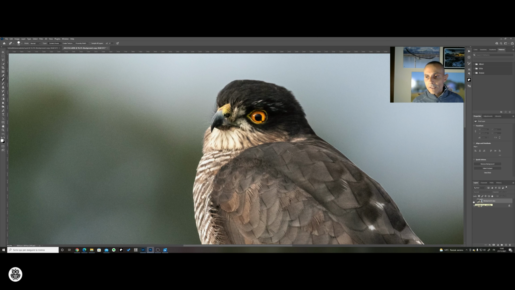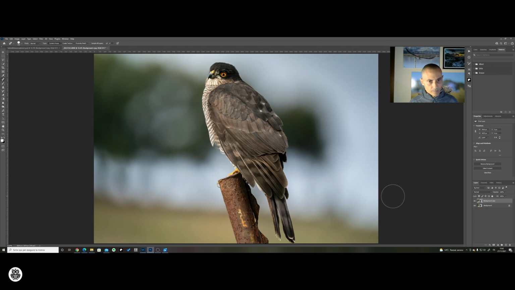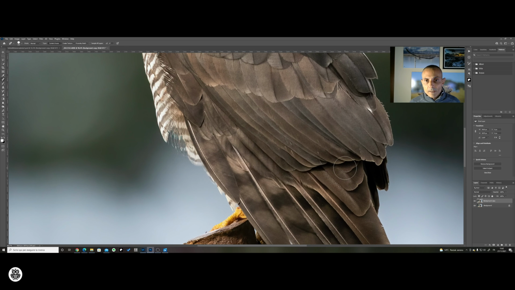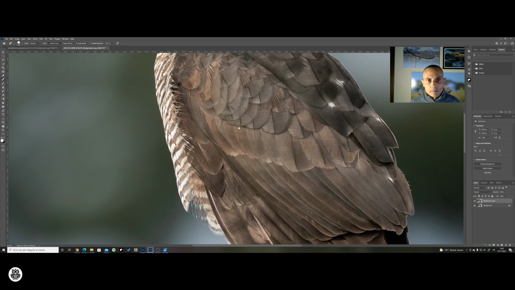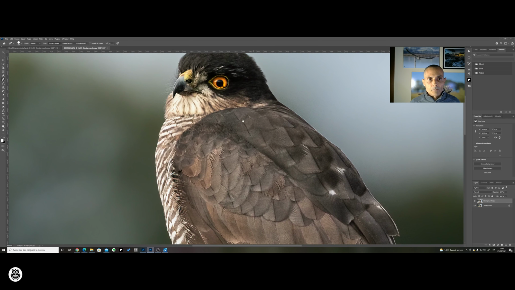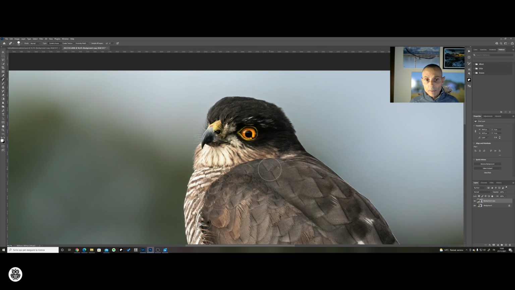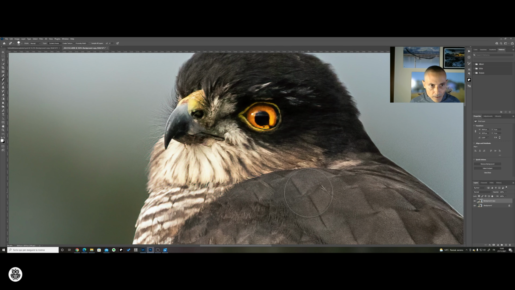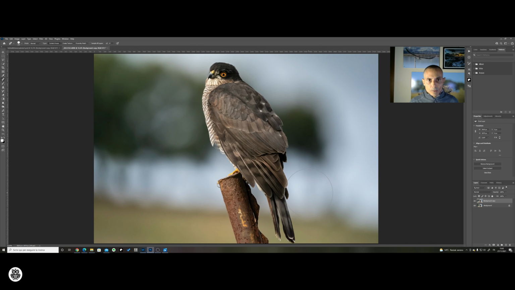This is the image before and this is after. Okay, I think it's quite perfect. I can't ask for more because it's pretty clear, pretty sharpened. The eyes are very good. Just to be on the safe side,